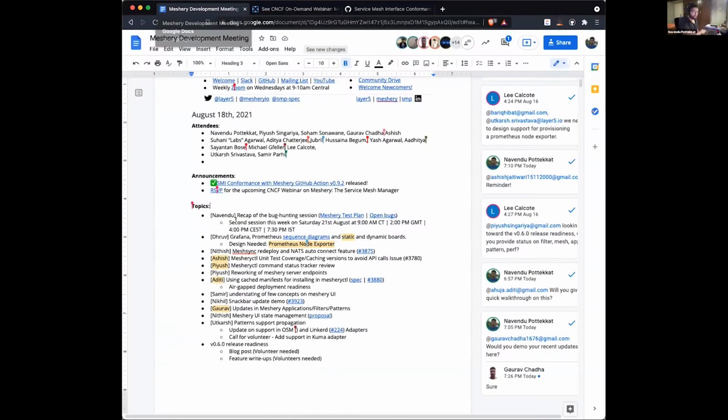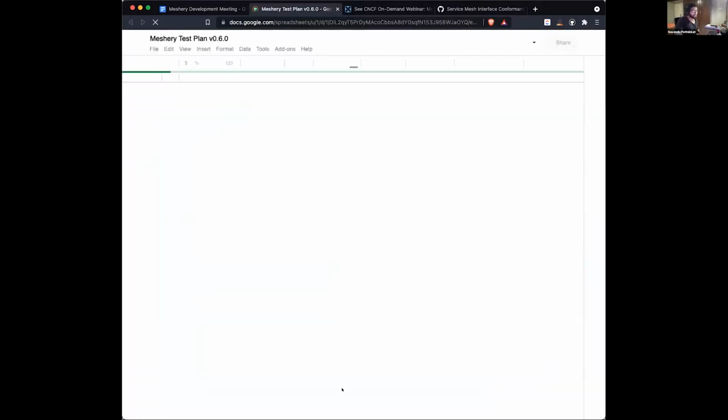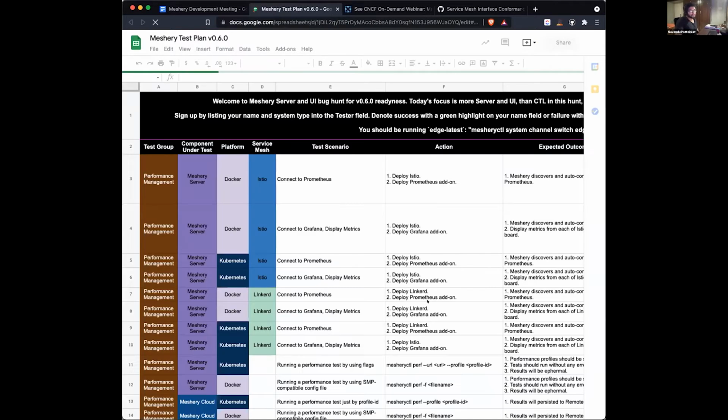Moving on to topics. This Sunday we had a bug hunting session for Meshery. Many people joined the call and tested out Meshery, and we had a productive session where we identified a lot of bugs.